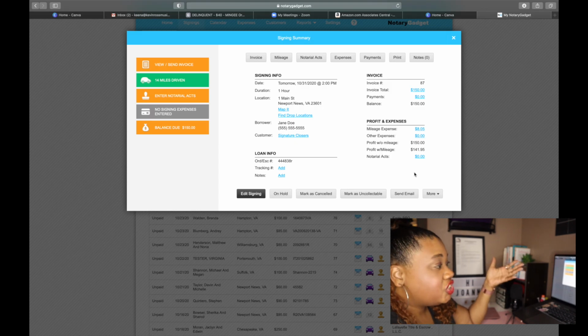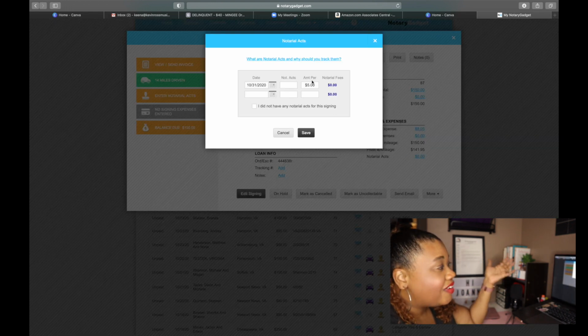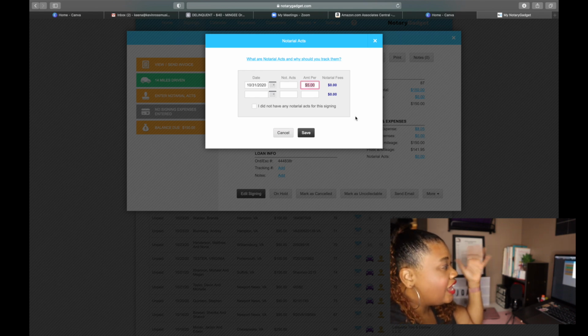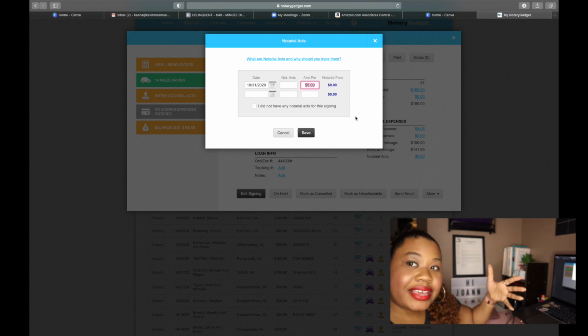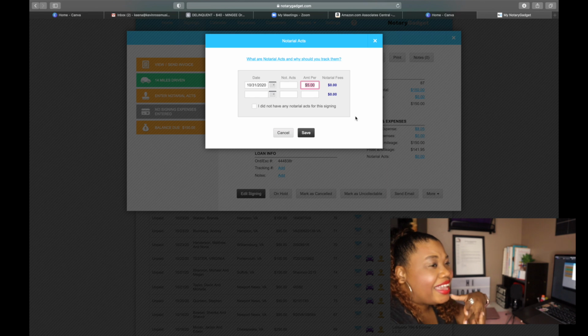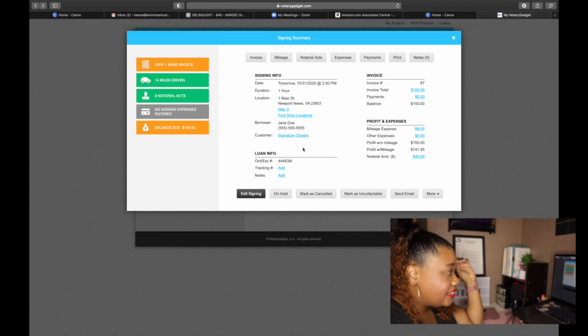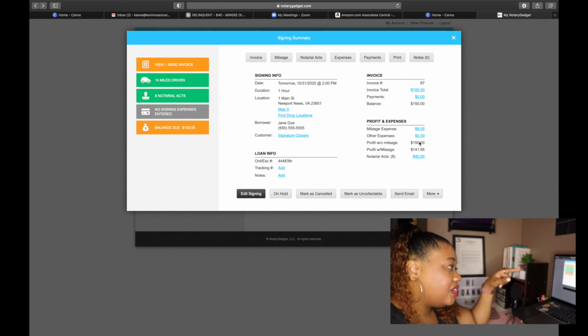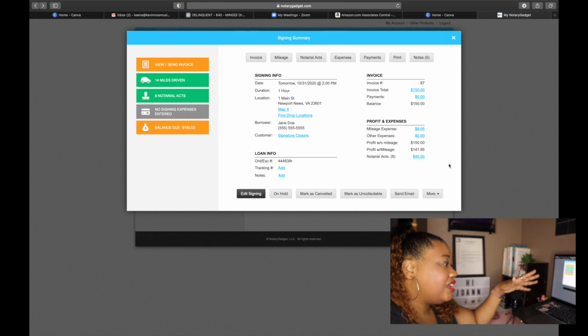And in addition to your mileage, you want to track your notarial acts, which you can also do in Notary Gadget. So just click the 0. I have $5 as the set rate for the stamp because in Virginia, our fee is $5. And a refinance package is usually anywhere between, I'd say, 8 to 12 notarial acts within the package. So for this example, we'll just use 8, and then you will hit save. And then once again, it shows you how much of your fee is actually in notarial acts, and I believe you can